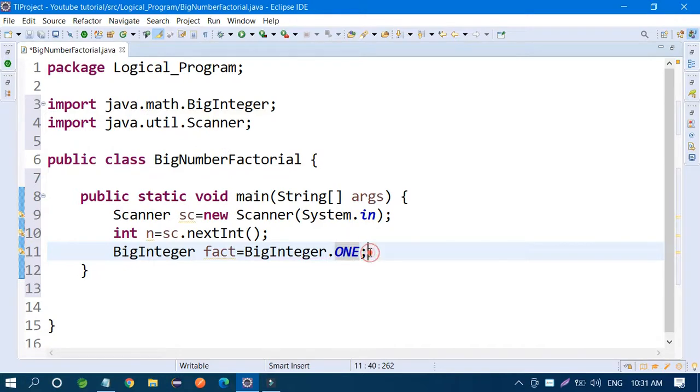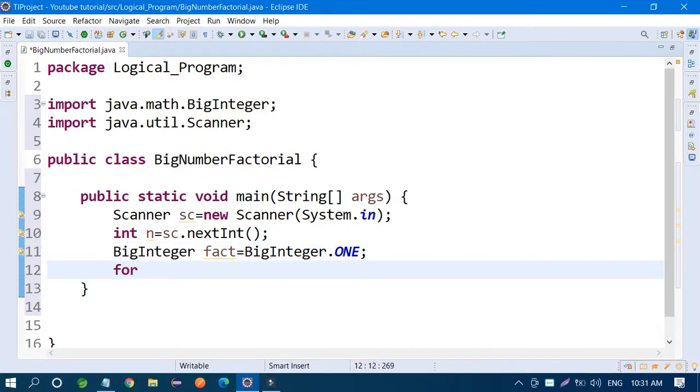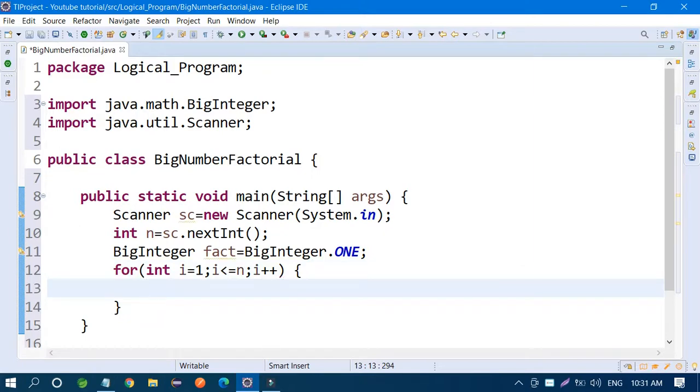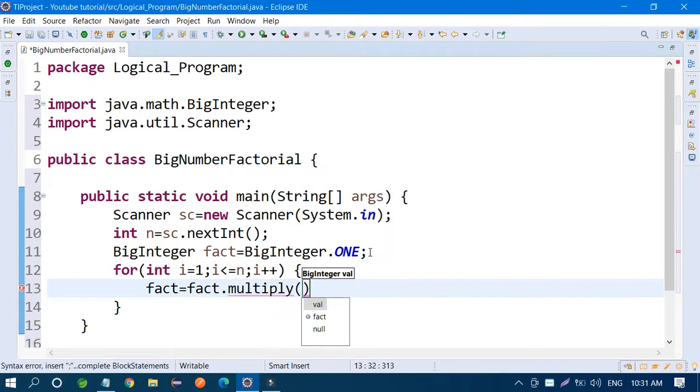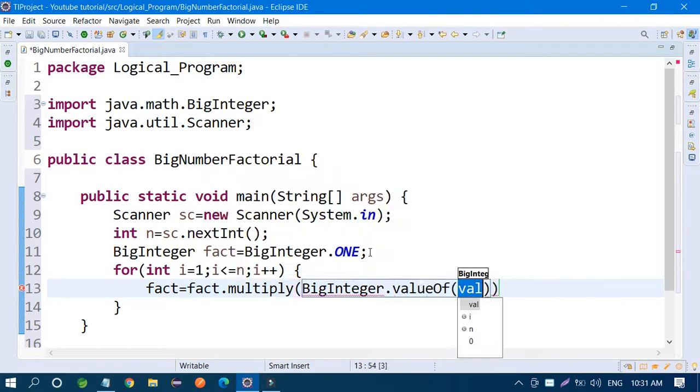Now create one for loop as well: int i equal to 1 and i less than or equal to n, i plus plus. Then write fact equal to fact.multiply(BigInteger.valueOf(i)).